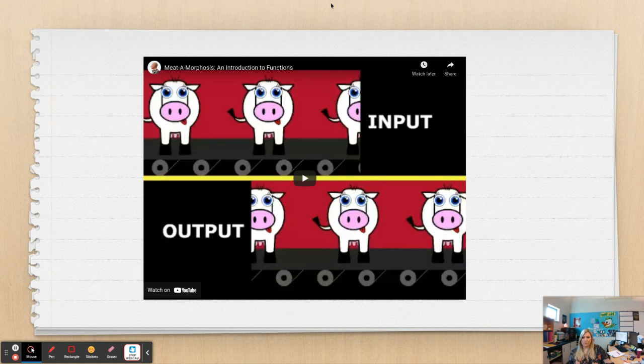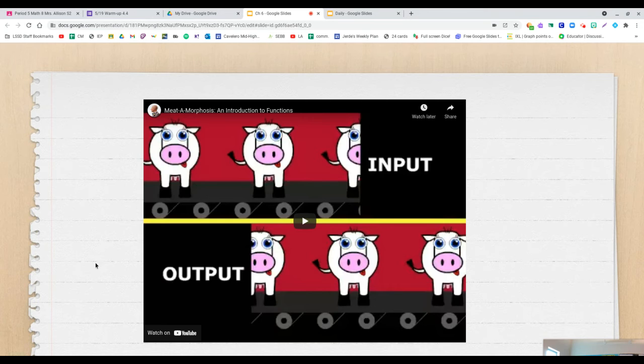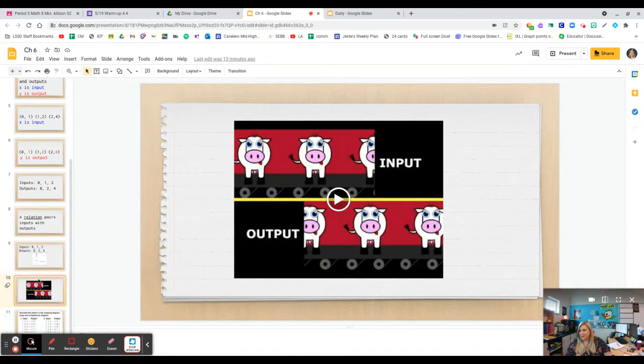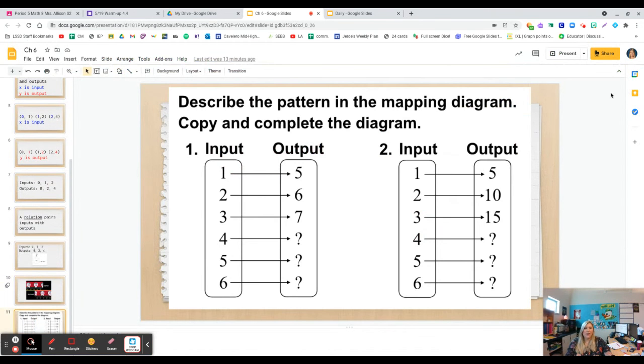Ooh, I don't want to play that. So let me escape and go to the next. We're going to watch that together as a class. So I just want to take a look at